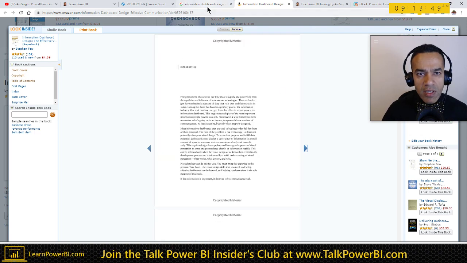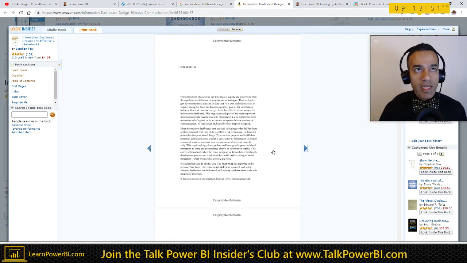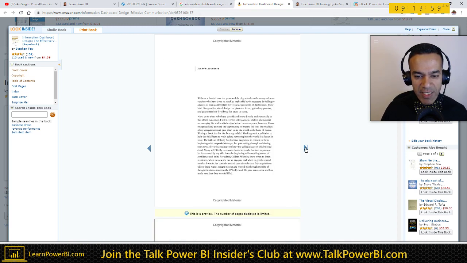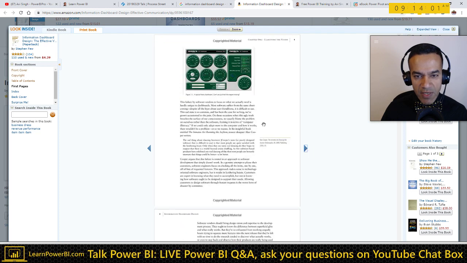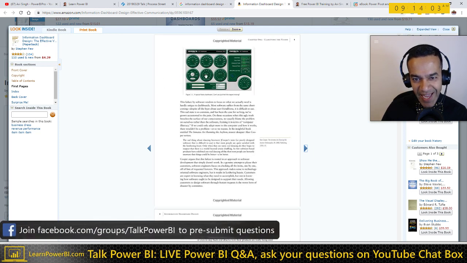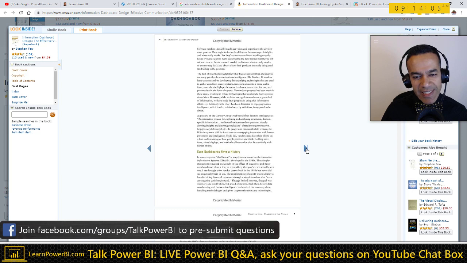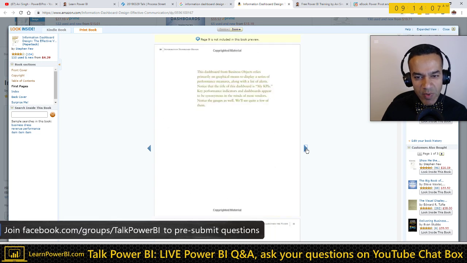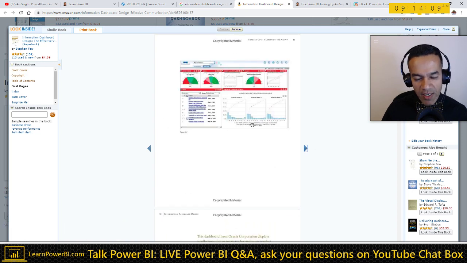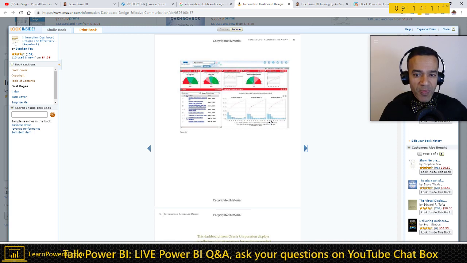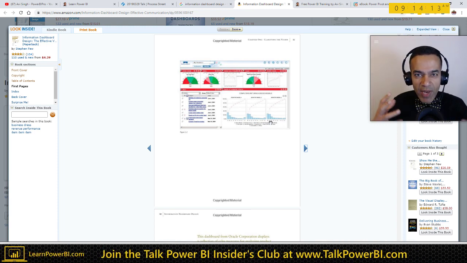Now, the key message here is less is more, and let the data be the hero, right? We often see a lot of flashy dashboards and that sort of stuff. So he starts off with this, right? These gauges and all that stuff. Well, maybe that's not the best way to do it. And in the end, again, some examples of what not to do. And we feel like it has to be flashy.